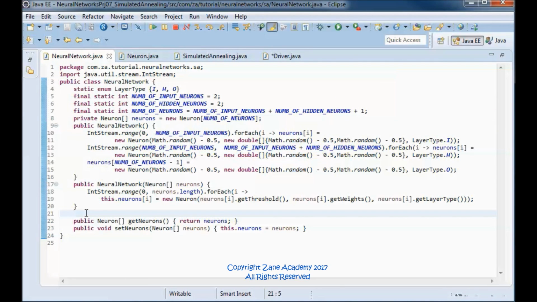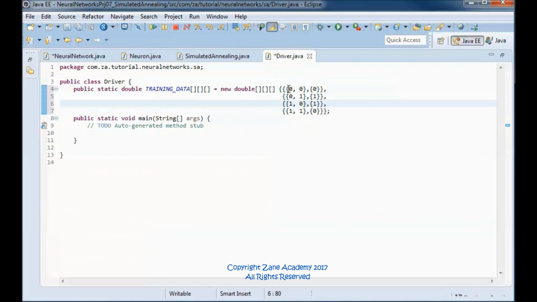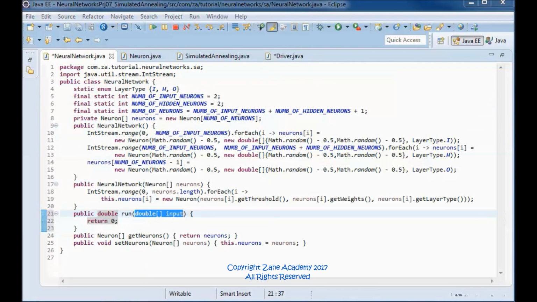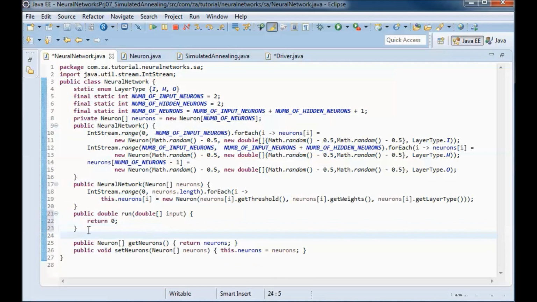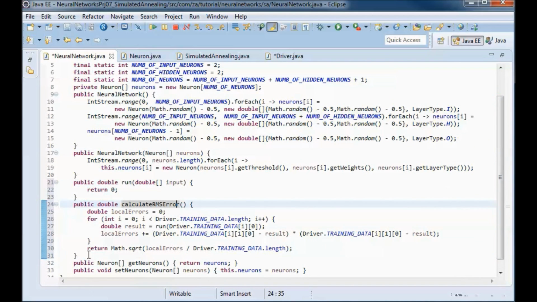And here let me define this run method. Let's return 0 for now. So it takes in the input coming from here. And I will have this calculate root mean square error that would calculate that error and return it. So run here would return the actual result,